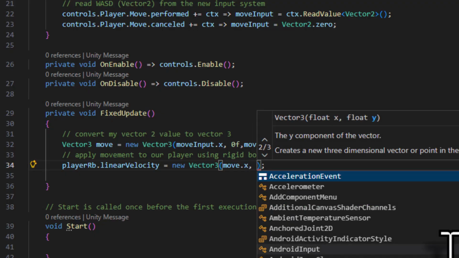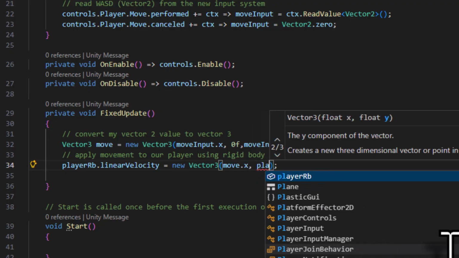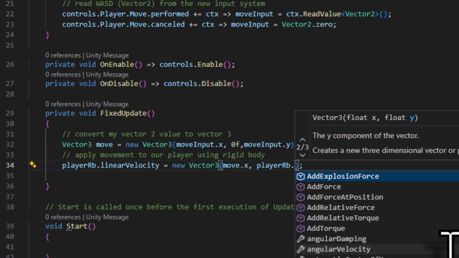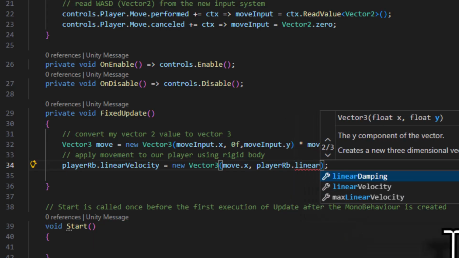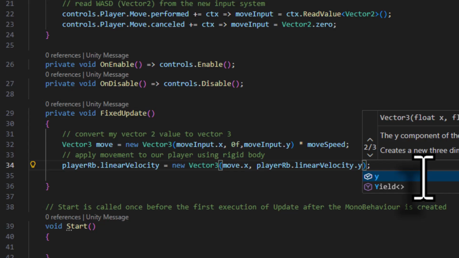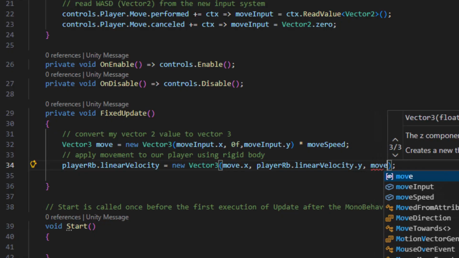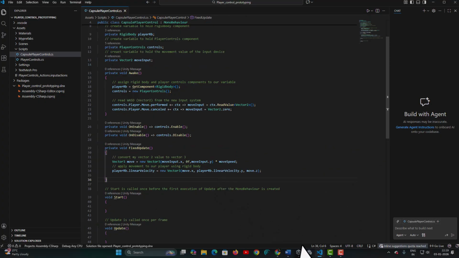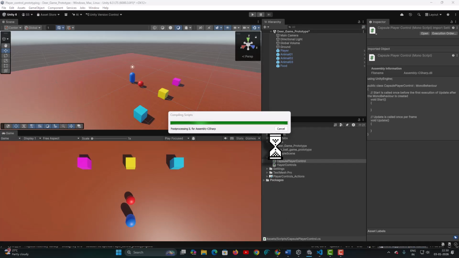For the Y value, I am going to get my playerRB rigidbody component, and I am going to take its linearVelocity.y, because this is coming from gravity. So this value is coming from the gravity force of my rigidbody. Then I will add a comma and finally move.z. And with this I will now save it, and now I will come back to Unity and allow the script to